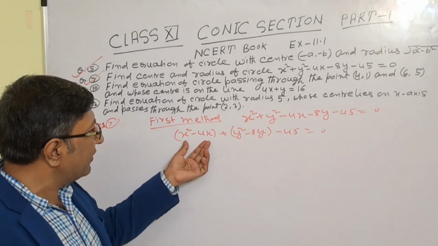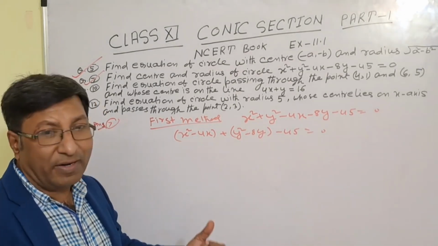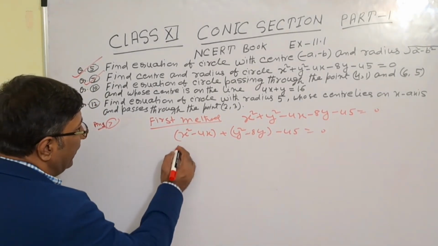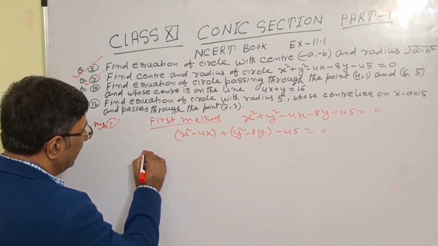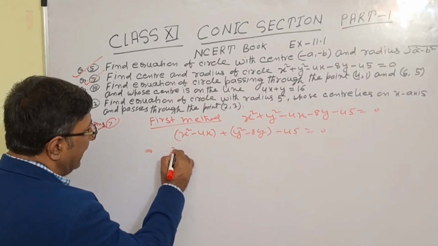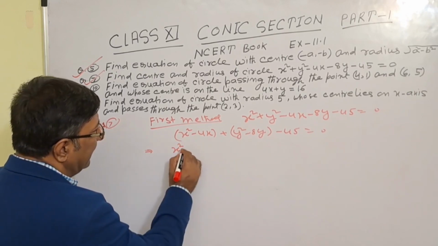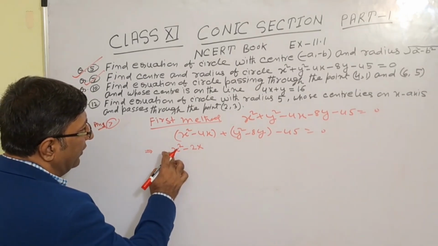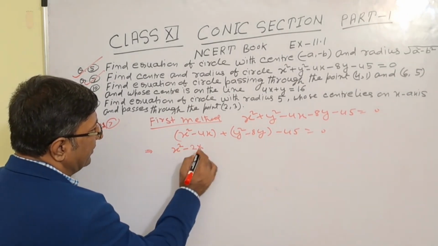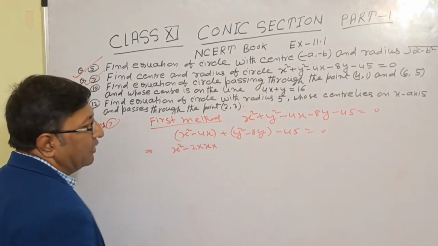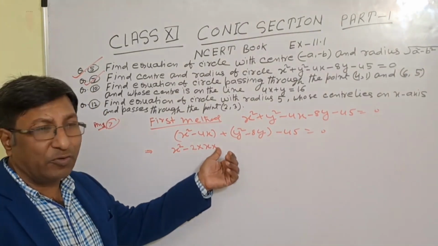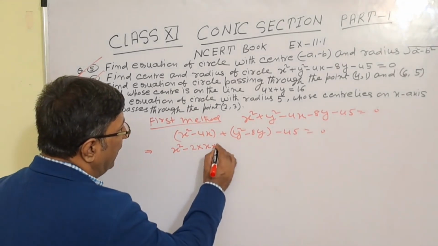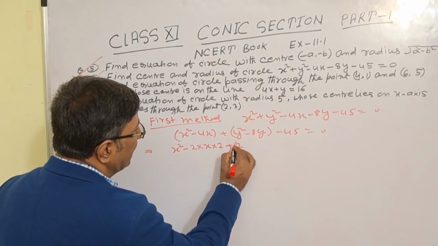Now change this term in the form of (a + b)² = a² − 2ab + b². So how can we change? We can write this as x² − 2ab. So 2 into a is what? 1. So a is what? This is x², a is x. So 2a into b, what we take and multiply becomes 4x. So 2x here, 2 times 2 is 4. So b will be what? 2. So this is 2².